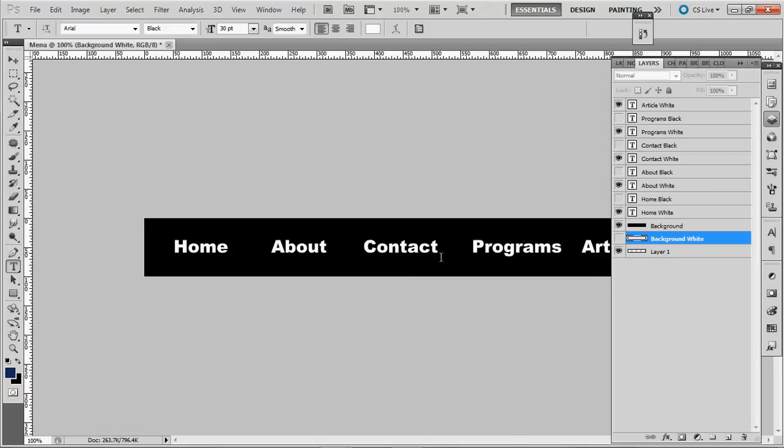Okay, so today we're going to be working in Photoshop and Dreamweaver. I'm going to be creating rollover menus that will start in Photoshop and will end in Dreamweaver, where we'll add the rollover effect. This is, I guess, a late beginner, early intermediate lesson, so I've already set up some of